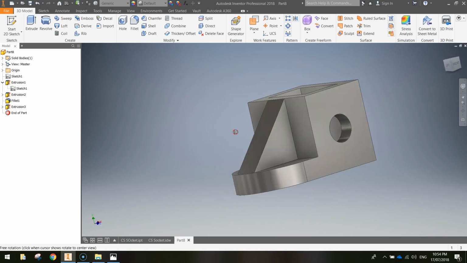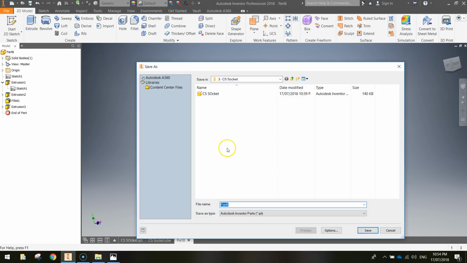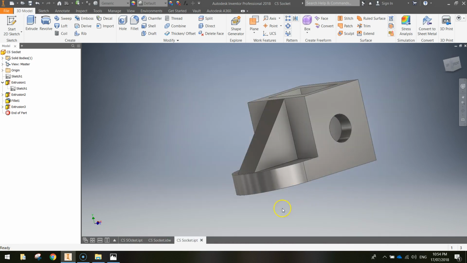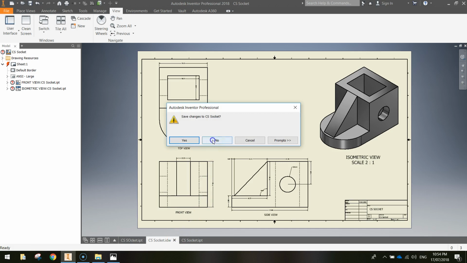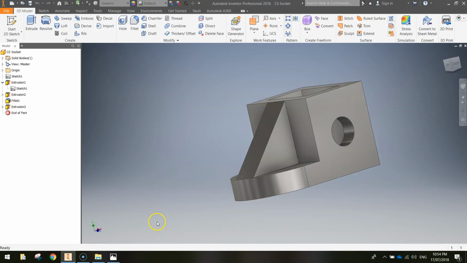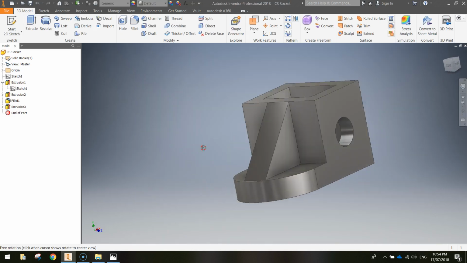So that's all finished. You will need to save that up. Just save that somewhere and call it CS socket. Leave it open though, because what we're going to do now is our orthographic and isometric drawing of this shape. I'm going to close the originals that I had there, and with just the 3D model open that I just drew, I'm going to go back up to File and New,